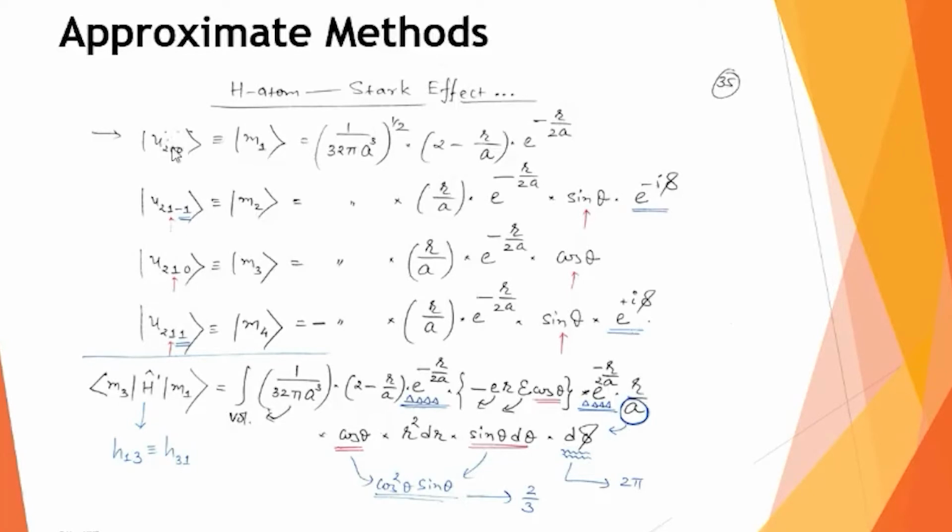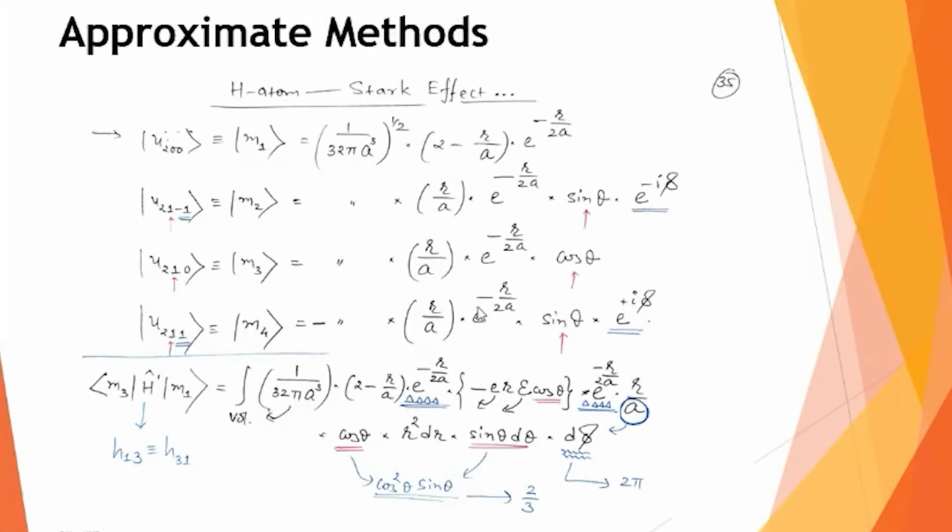So in the next step, obviously, I will compute that integration, but before that, I also require the exact equations for U200, U21 minus 1, and so on. I can go to any quantum mechanical book and see the mathematical form available. You can see this U200 is written like this. This first factor is the normalization constant, 1 upon 32 pi a cube raised to half. Then there is a term like this. So this is my U200 expression. Similarly, I can write the expressions for U21 minus 1, U210, U211.